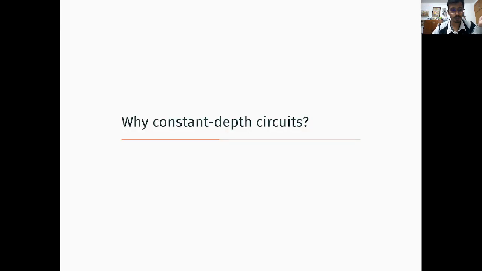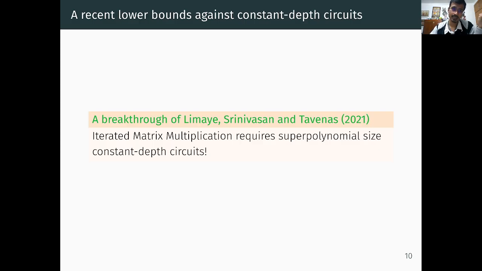Alright, so we've talked about PIT and what it means to de-randomize PIT. You'll remember that the main theorem was for constant depth circuits. Why do we care about such circuits? Constant depth circuits are quite interesting, but the reason they are interesting for us is the following breakthrough lower bound